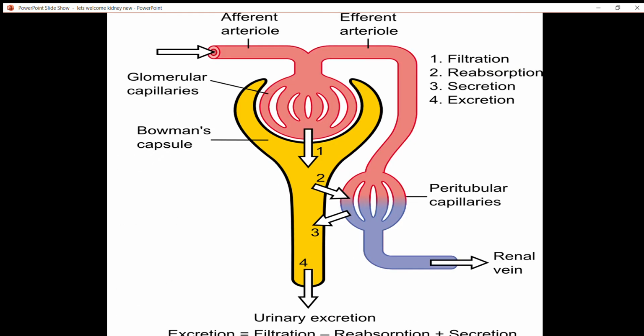Here is again a theoretical diagram just to make you understand the different terminologies. I have made you understand through a previous diagram, but this is again very elaborative for you. Here you have got the afferent arteriole, that is, blood is drained into the glomerulus. This is your glomerulus, and this cup-shaped structure is your Bowman capsule. This is the visceral layer of the Bowman capsule, and this is the parietal layer. The afferent arteriole is draining the blood into the glomerulus, and from here